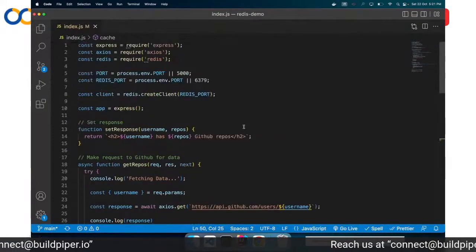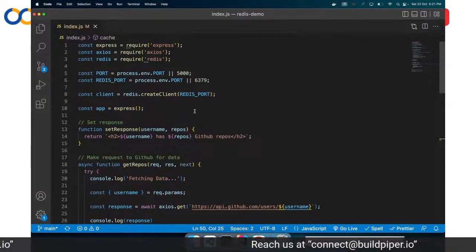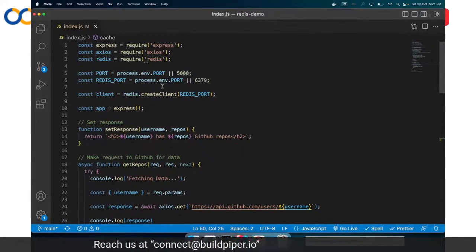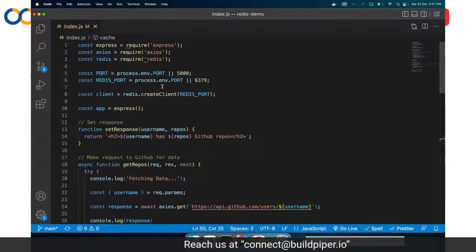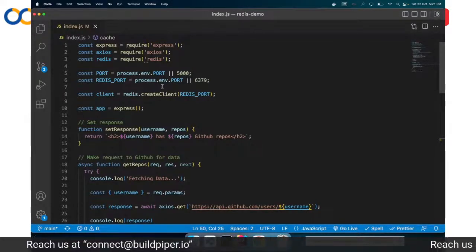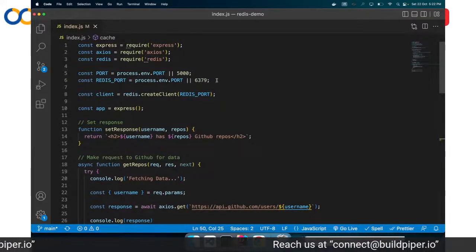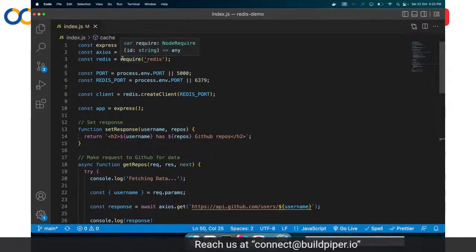So I'll just quickly explain what this application is doing. Even if you're not familiar with Node.js and you use any other programming language, it's easy. It's similar to other languages. Node.js is basically JavaScript for backend. I guess everyone has used JavaScript once in their lifetime, so it shouldn't be that difficult to grasp. Node.js has a package manager.